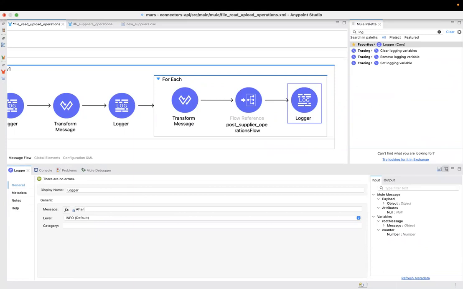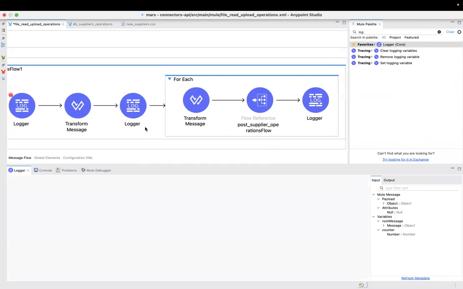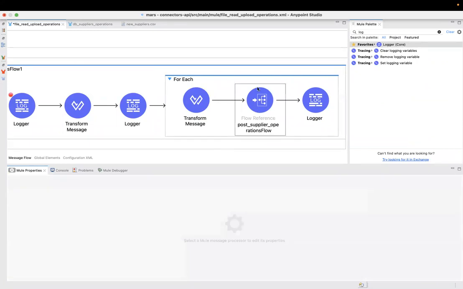After supplier creation call payload. And we have this information. Since we need to understand whether the supplier information was created successfully or not, you can use that aggregation, like by creating the variables and adding the response that has come from the flow reference, and you can concatenate or aggregate the result, and you can use it in the after transfer message that we have discussed in the scopes for